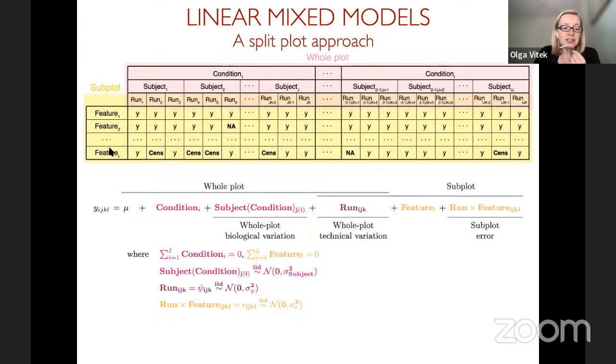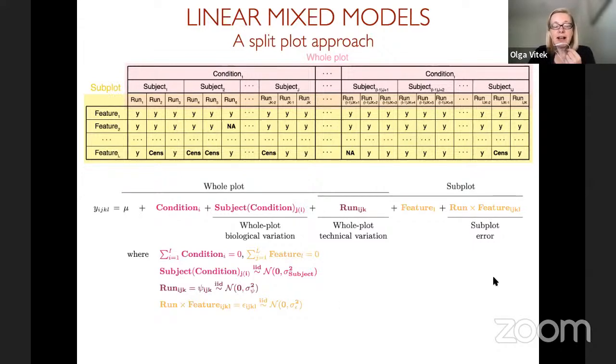And then the features that we have, they affect the intensities that we observe, but they're not randomized. All the features are acquired simultaneously within the run. Because there's a restriction on randomization, we have two parts of this experimental design that we need to handle separately. And in the classical statistical literature, there is this type of general model, which is called a split plot model,